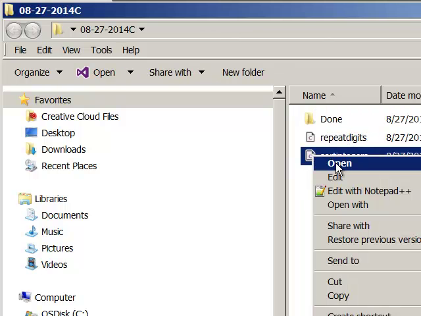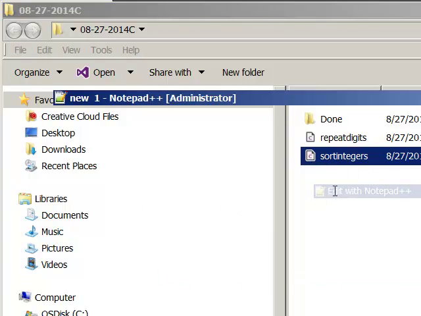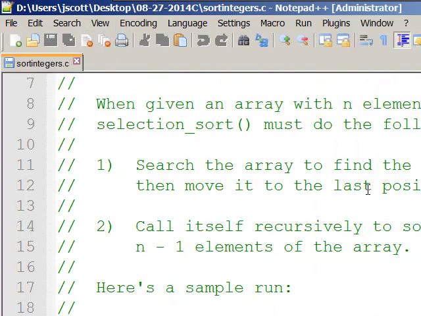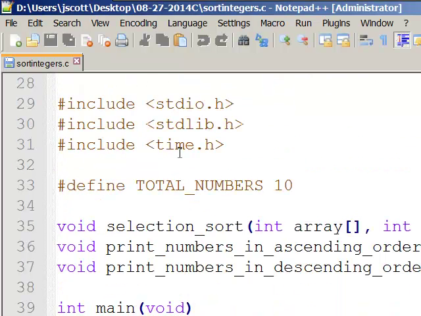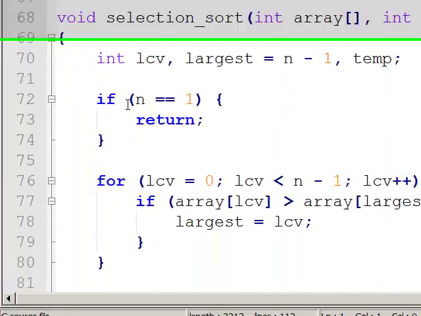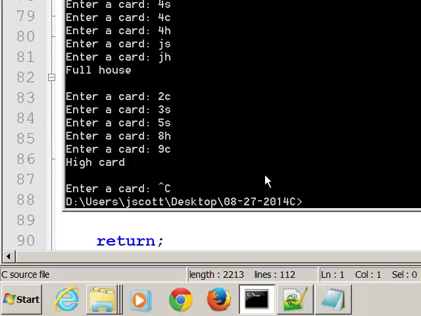Here's another one that's sort of similar to that. Again, I've tried to tie these together. This is one that I took partly out of a book and I didn't like it, so I went back and rewrote it. You create an array and it generates random numbers. After it generates the random numbers, it sorts them both in ascending and descending order. And it uses just arrays. Again, you should be able to go back and really write this with pointers. So if I run the particular program here,